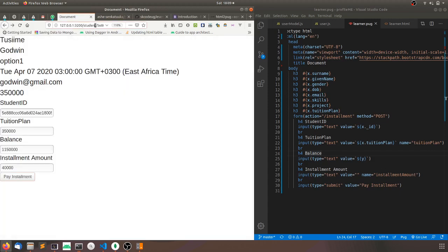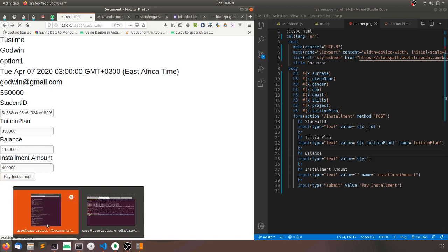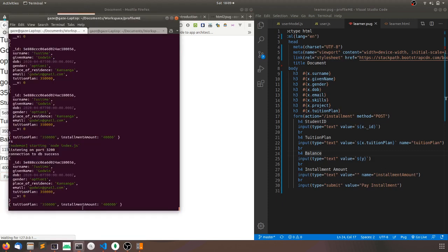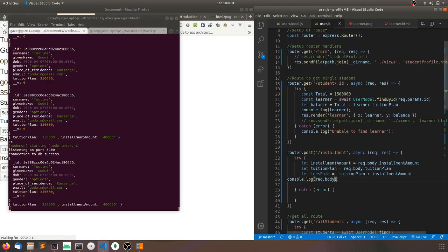But let's fetch this student again, and for that student, let's pay an amount of 4123. Pay amount. Then let's see. So it's picking both there. Tuition plan 350. Okay, if that is happening, that's good news. Let's come to user. I don't know where the problem was. I just kept clicking and doing things around. So inside here,